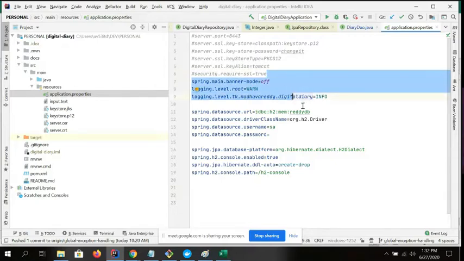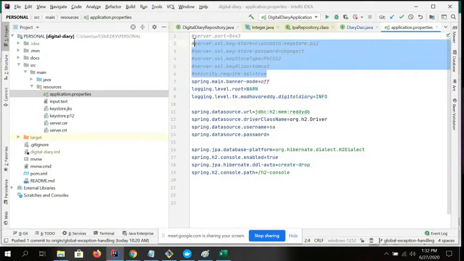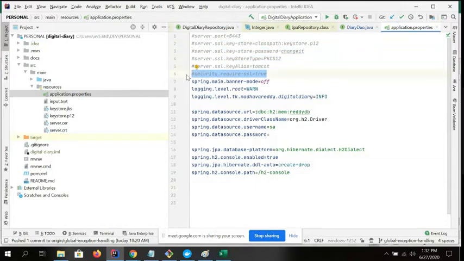I'm not clear, can you repeat once again? Those are commented, in the resources folder. Okay, in the resources folder there is an application properties file. Yes, only that we know and how to use. What do the next files belong to?